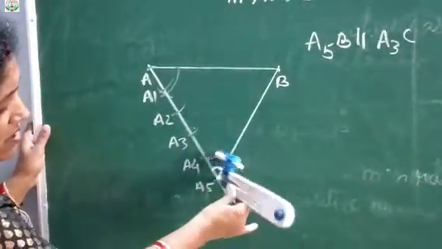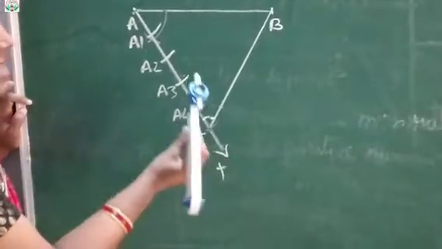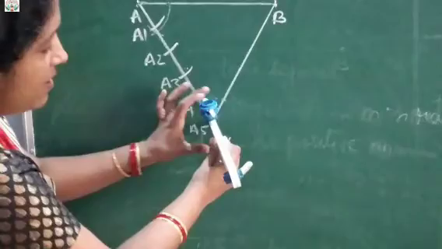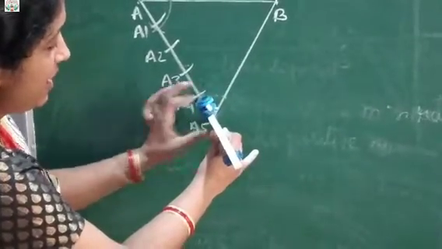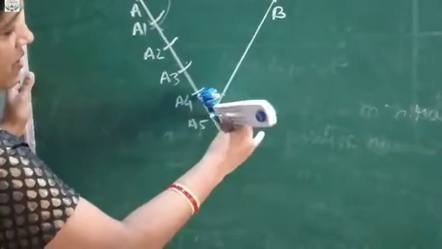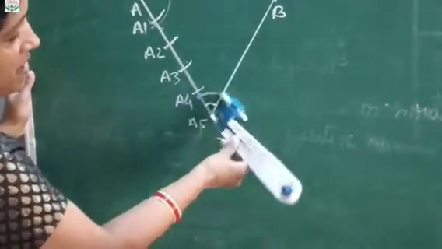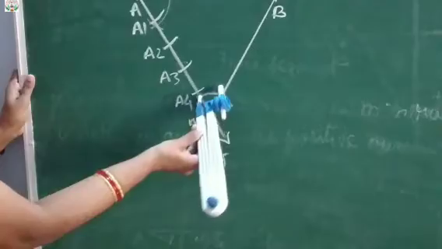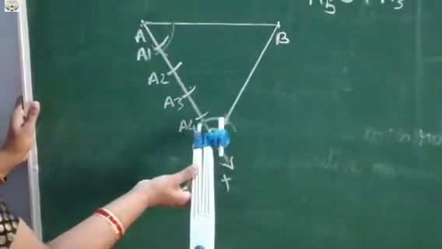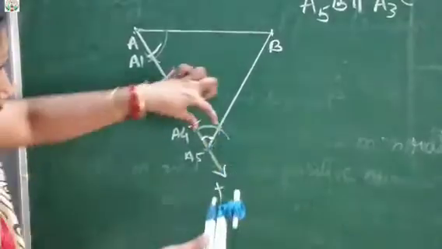Likewise, do the A5. Whatever angle is there, the same angle I have to construct at A3. So what I'll do? Take an arc of any measurement less than A4, draw and cut here. Likewise, draw a semicircle and go for this cutting. Or there is no need of cutting, you just measure this angle.